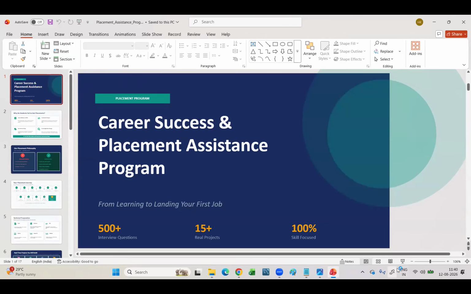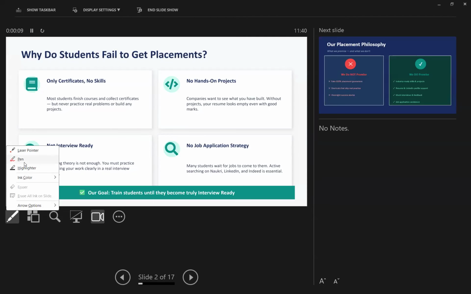First, an important thing I would like to discuss is why students are not able to crack interviews or why they are not getting the job. The main point is that students are not focusing on the skills. They're focusing on the certificates. They ask what certificate they will get. Better than that, you need to ask what skill set you are going to get. Not only just Python: in Python, what are you teaching? In SQL, what are you teaching? Focus on those things. If you learn those main technical skills, that can give you the job, not the certificate. The certificate comes into the picture only if you have the skill set. If you don't have the skill set itself, what can we do with the certificate?